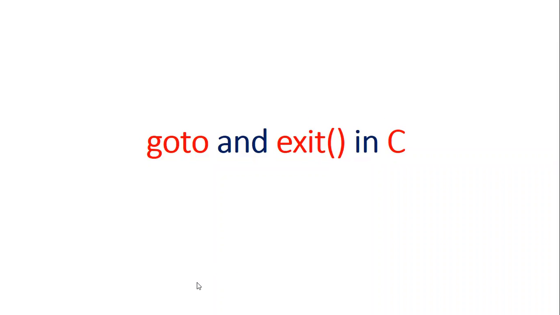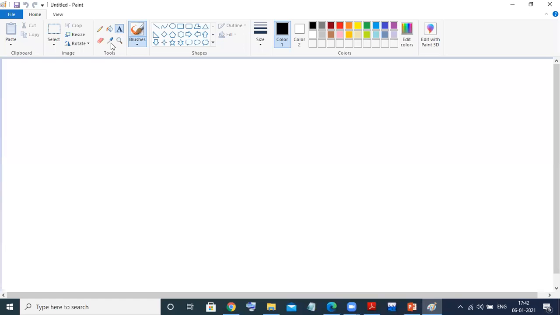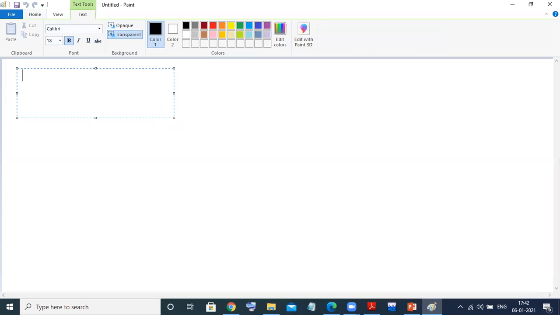Today we are going to see the goto and exit function in the C programming language. First of all, we'll see what exactly is meant by the goto statement. This is a keyword. It is a keyword. It is used